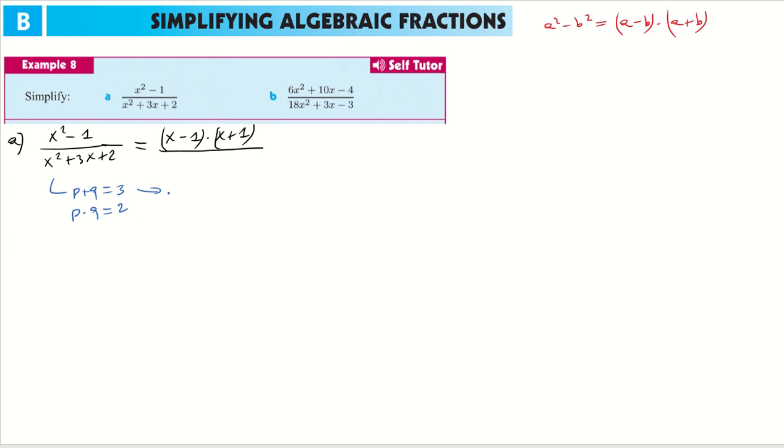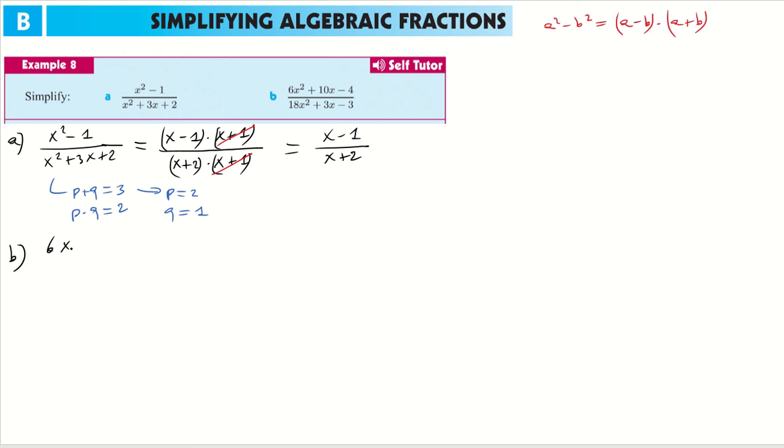Then we can say one of the numbers is equal to 2, and the other number is equal to 1, because 2 times 1 is 2, and 2 plus 1 is 3. So x squared plus 3x plus 2 is also equal to x plus 1 times x plus 2, or x plus 2 times x plus 1. And we see that we have an x plus 1 in the numerator and an x plus 1 in the denominator. They cancel out. So the answer here is equal to x minus 1 over x